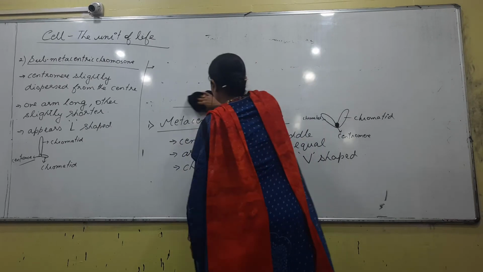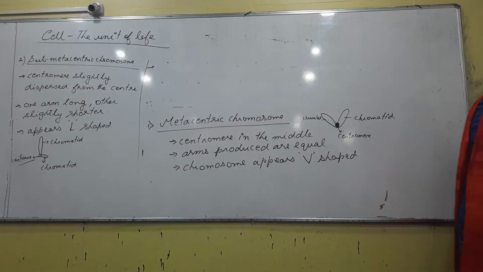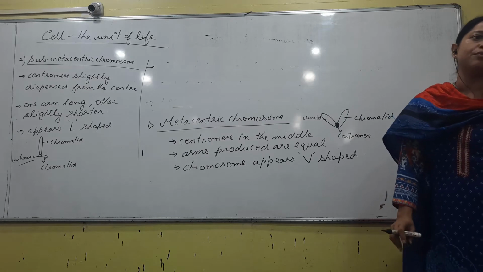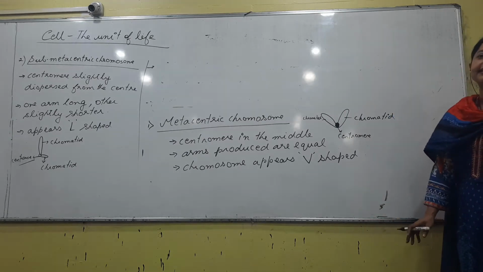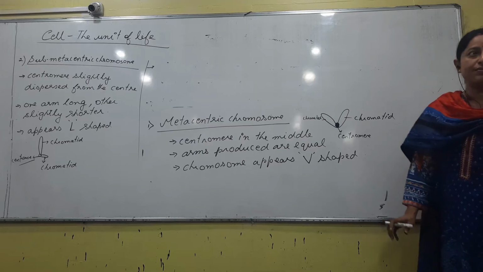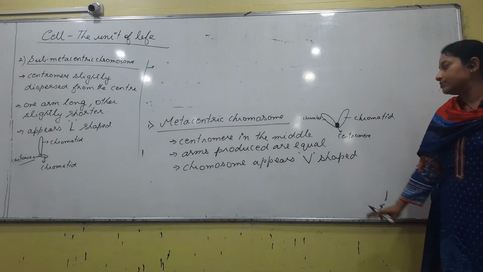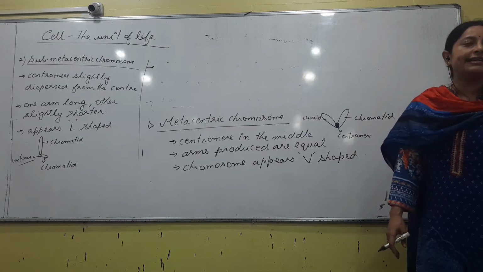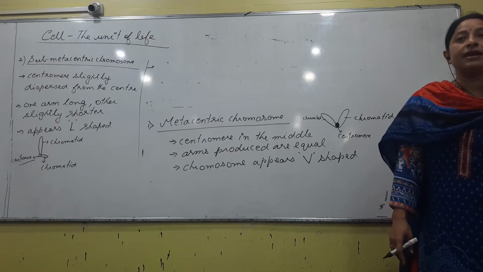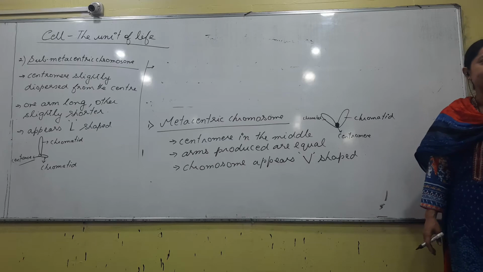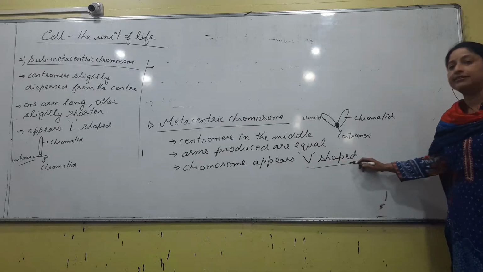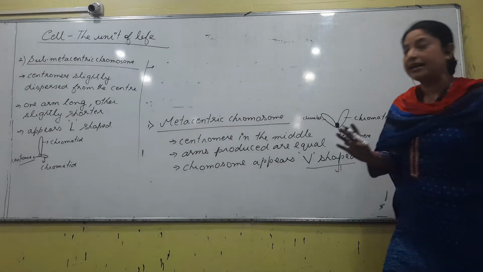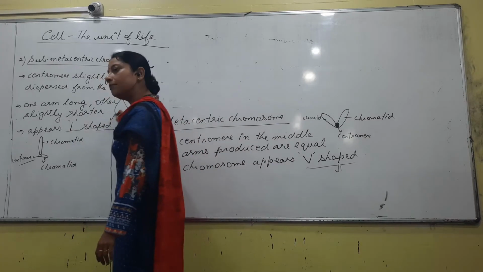Okay, from this portion, what we said is that depending on the position of the centromere, we have different shapes of the chromosome. From this portion, how is the question asked from an MCQ point of view? First is identify the specific chromosome. Diagram-based questions can come, so you have to see the diagram properly. Second, the question may be asked about, suppose, a metacentric chromosome: in a metacentric chromosome, the position of the centromere is in the center. That is the second point to be remembered. And third is obviously the shape. A V-shaped chromosome is also called, an L-shaped chromosome is also called. Maximum questions have been asked about the shapes. So remember the shape.